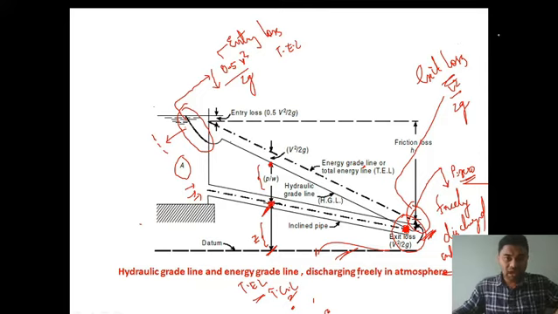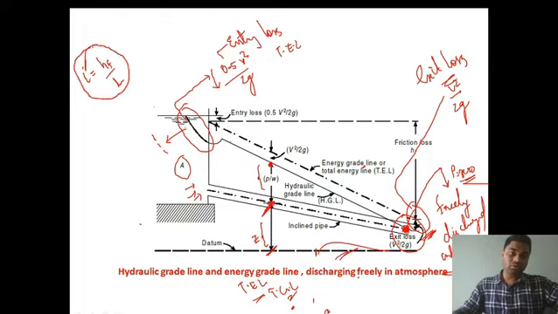Okay. And one more thing to be noted over here, the slope of this hydraulic grade line in these two scenarios is denoted by I. The slope of the hydraulic grade line for discharge freely into the atmosphere is given by HF, the head loss, divided by length. This is for a horizontal pipe. The value of slope I is head loss by the length of the pipe.